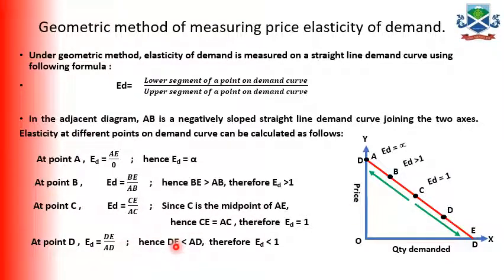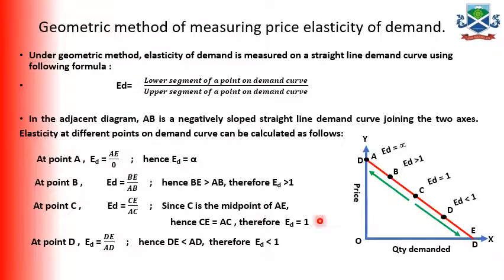So that's why DE is less than AD, and your ED value is less than 1. As I have taken the example in fractions, if you take the numerator smaller and the denominator greater, your value always comes out less than 1. For example, 1 by 2, half, means 0.5, so it is less than 1. So that's how we calculate the elasticity of demand